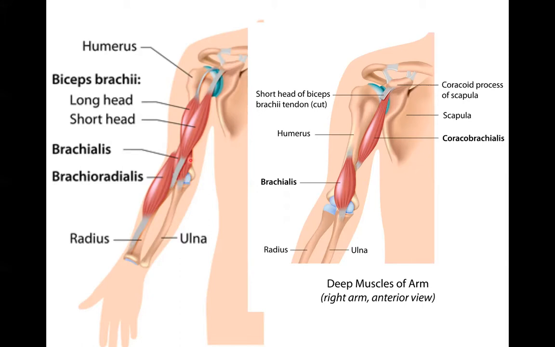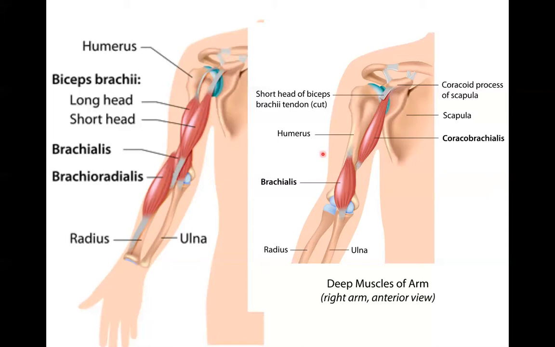Biceps brachii can also play a minor role in supination at that radio-ulnar joint, so the movement of the forearm, supination. The primary action of biceps brachii is flexion of the forearm at the elbow. If you were to remove biceps brachii, which is what's been done on the right side here, to get a look at some of these deeper muscles of the arm, you'd see two muscles that are each doing half of